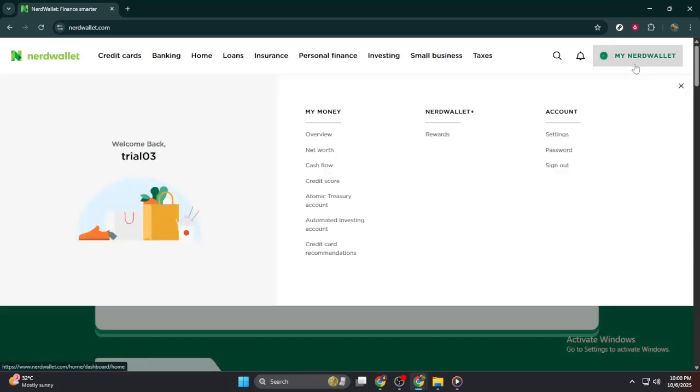Now, look towards the top of your screen and find the section labeled My NerdWallet. Clicking on it will direct you to a dashboard that's customized for you. This personalized section is an excellent way to have a snapshot view of your financial situation, including all your various